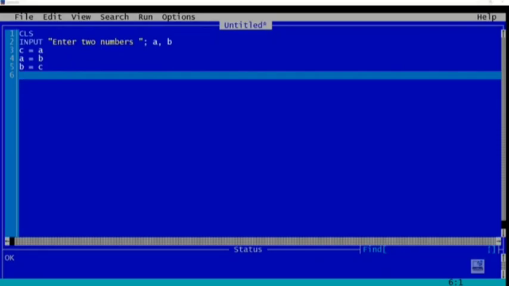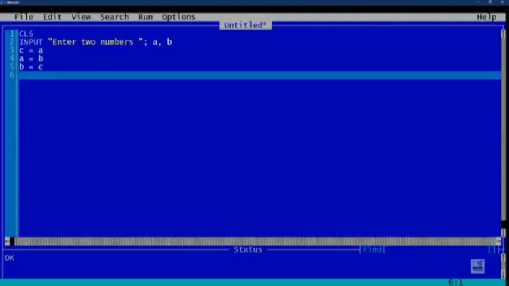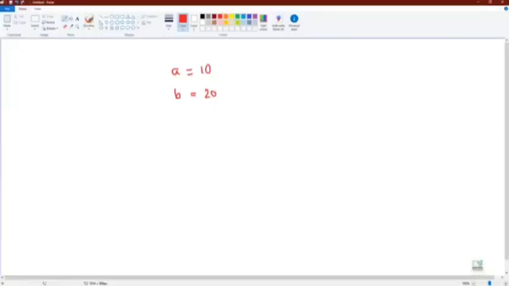Now if you want to understand that, I can explain. See this example. Suppose A is equal to 10 and B is equal to 20. The code that I have written is C = A, A = B and B = C. Correct?